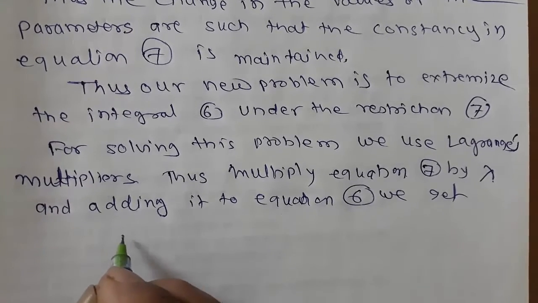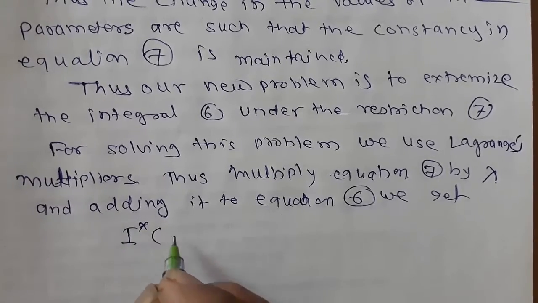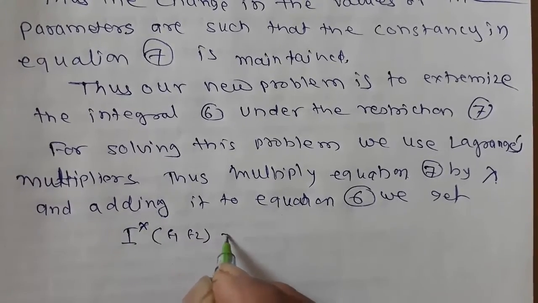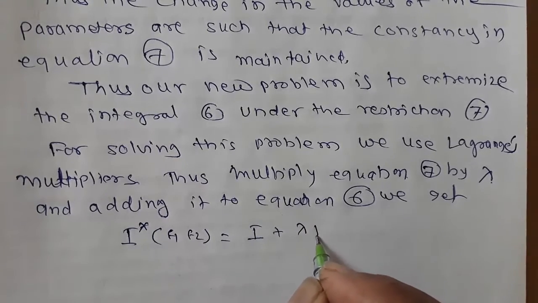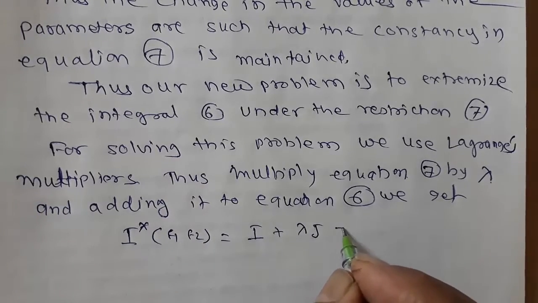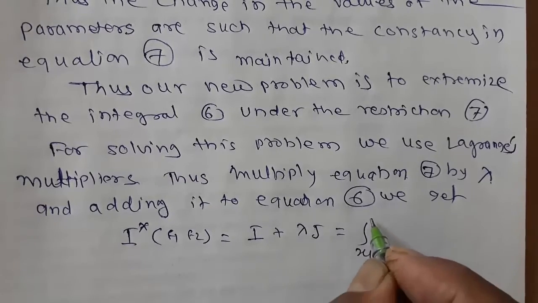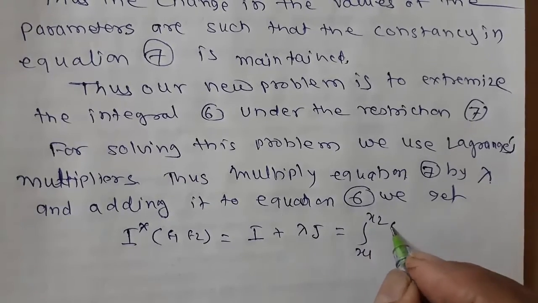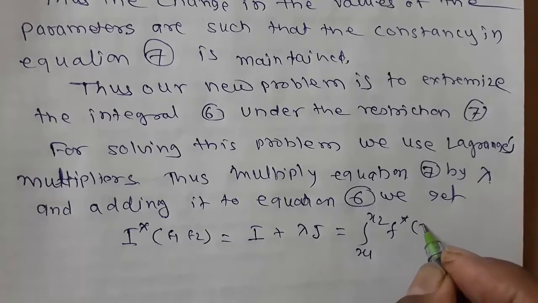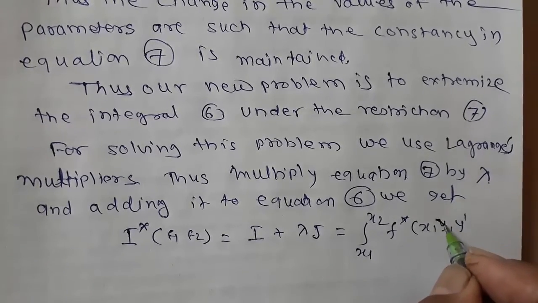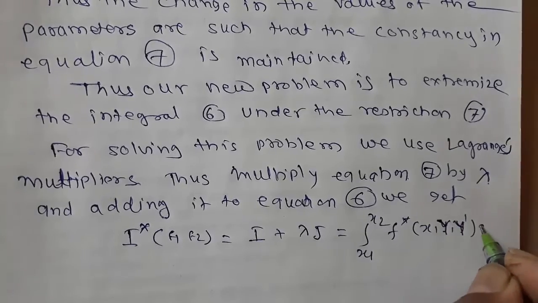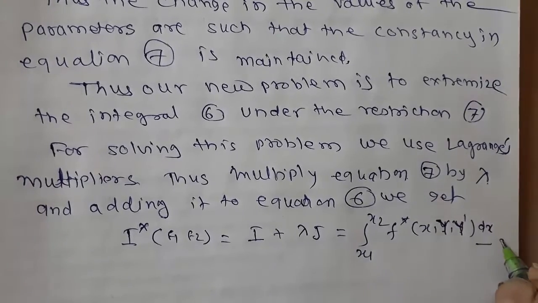We will get a new equation, I star at epsilon 1 epsilon 2 equal to I plus lambda J. That is nothing but the integral from x1 to x2 of f star x, y, y dash dx. This is equation 9,